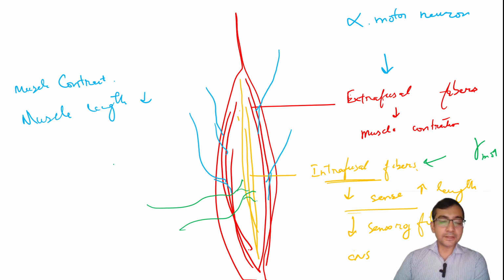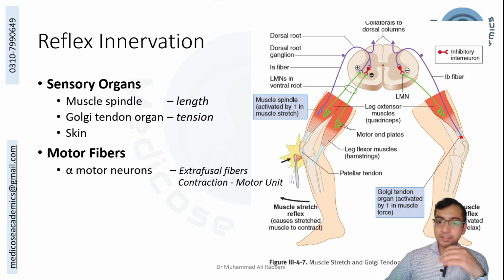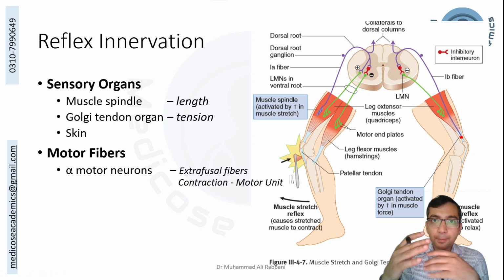So let's say these are going to contract intrafusal. So intrafusal, it's not large enough to contract the muscle in itself. So what is its importance now? Let me give you an example. For example, in this example, a muscle